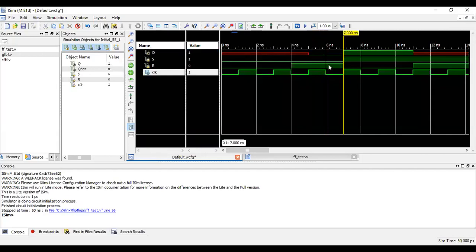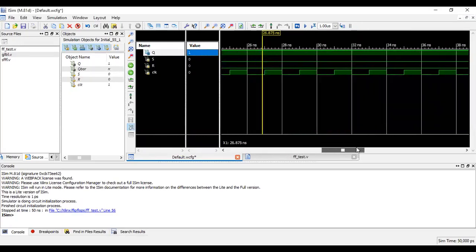Go to the next. Until the next positive edge, you can see over here in the timing diagram, the waveform will not change. The new values will be updated only during the positive edge. Even if S and R change in between, you will not be able to see the output until you get the next positive edge. So during the next positive edge, what is our S value? You can see S is equal to 1, R is equal to 0. Since S is equal to 1 and R is equal to 0, Q will be equal to 1.